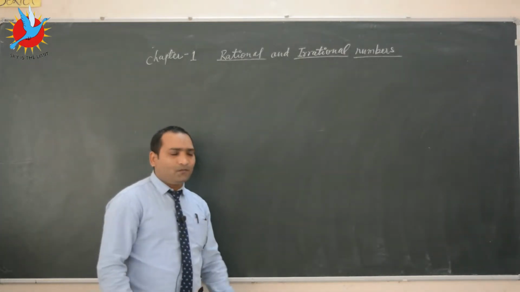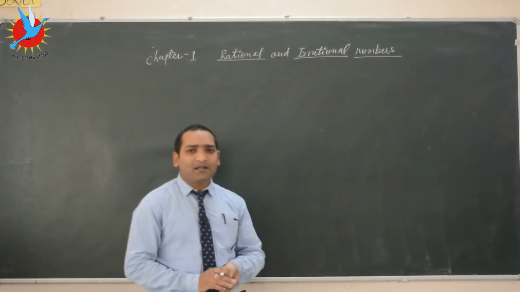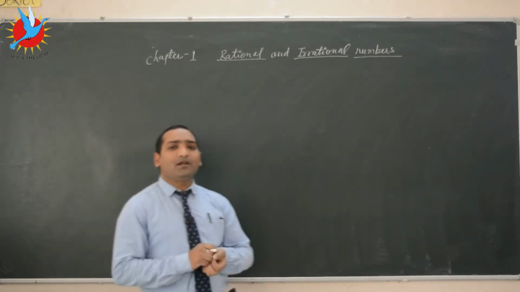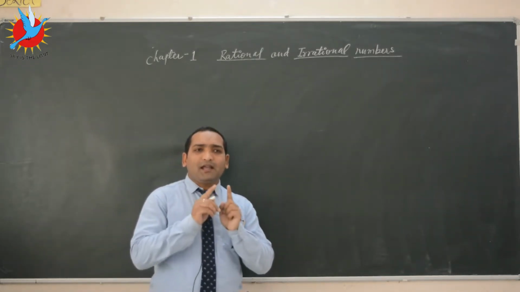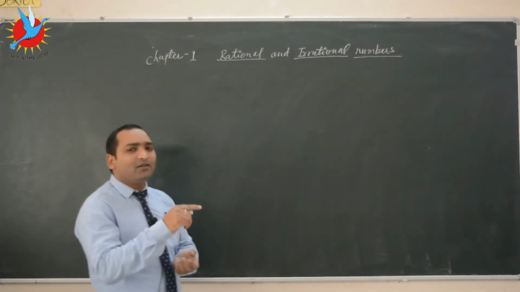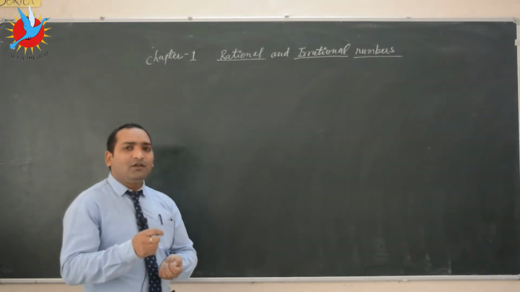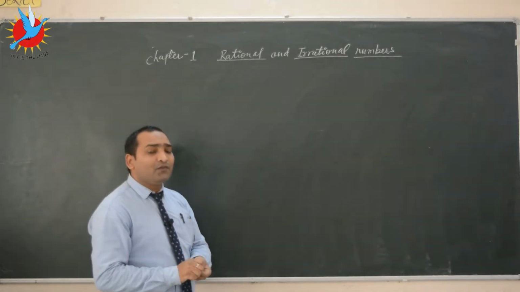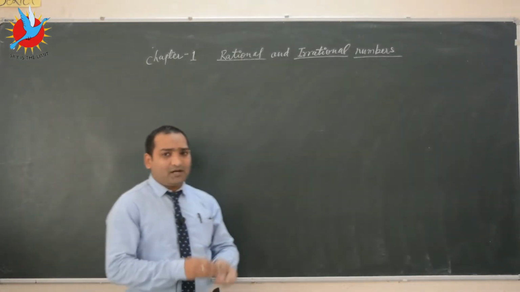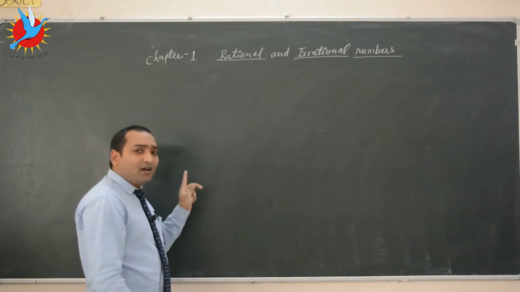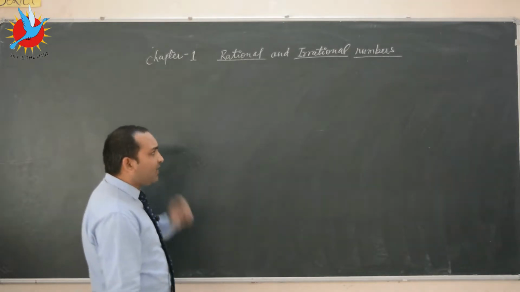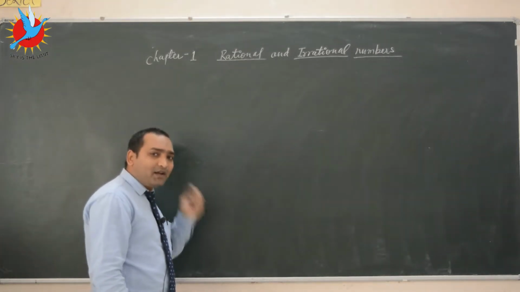As you know, first of all, real number. What is a real number? For any number, if we square that number and the result is non-negative, that is called a real number. What is a real number, once again? A number whose square is non-negative, that is called a real number.